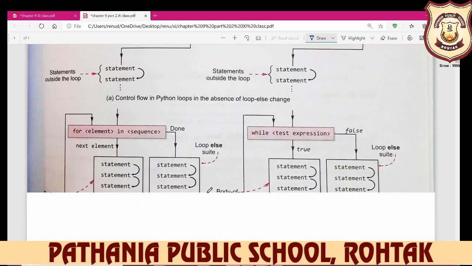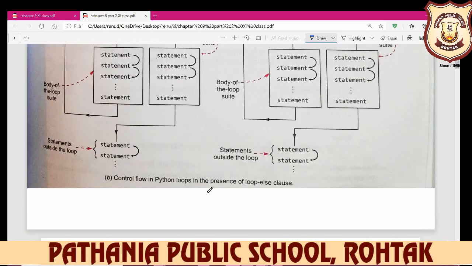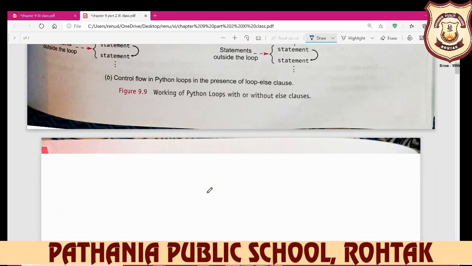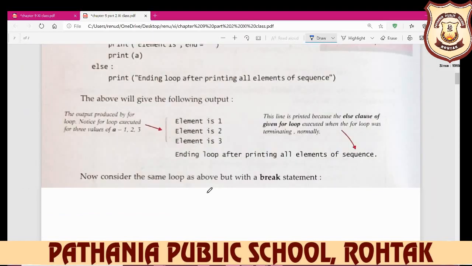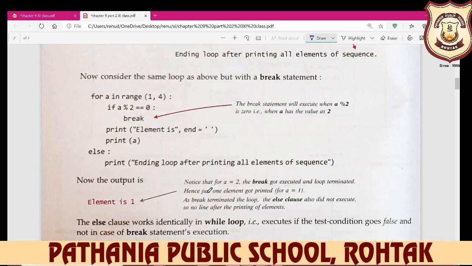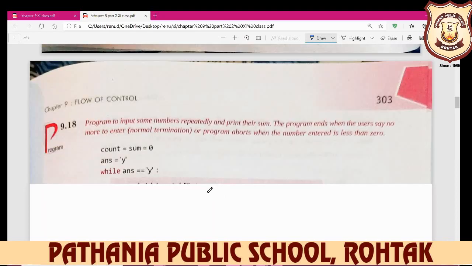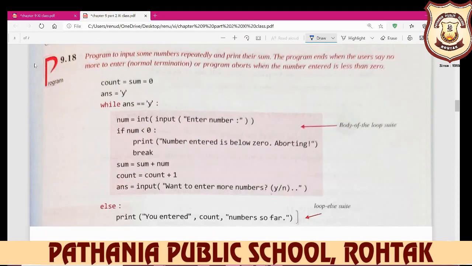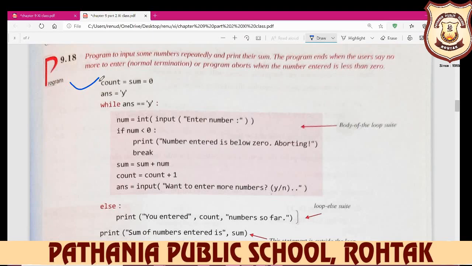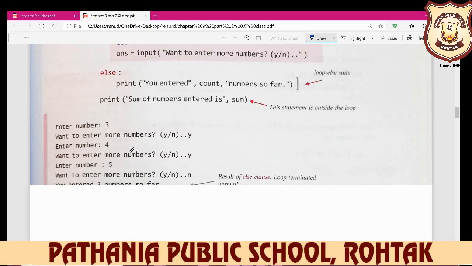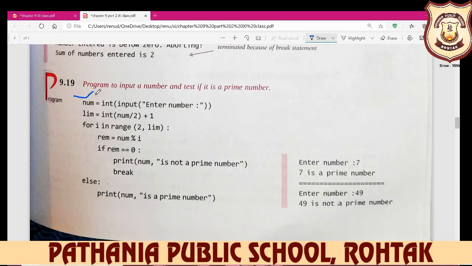Here is a program. Yes, program number 9.8, do it yourself. And after that, program number 9.19, also do it yourself. And I have also shown you the output of this.